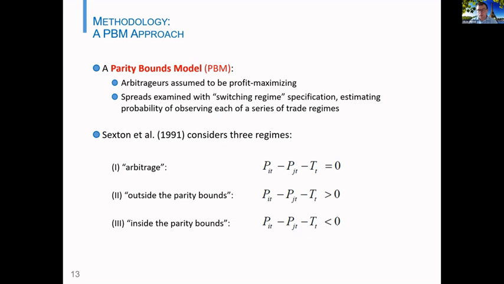And so we're going to use a classical approach to test the validity of the law of one price, which is a parity-bound model first proposed in agricultural economics by Sexton and others, which states that you have several regimes. One is an arbitrage regime, whereby spatial integration holds, so that the spatial price spread is equal to the unit transportation cost, or the spread between transportation costs between the two markets. You have an outside-the-parity-bound regime, whereby the spatial price spread exceeds by far the transportation cost, which means that there is some bias to arbitrage. Whether this bias to arbitrage can be explained by sanctions has to be discussed.